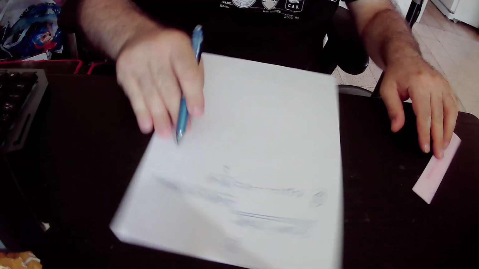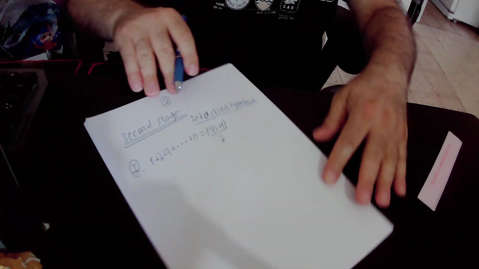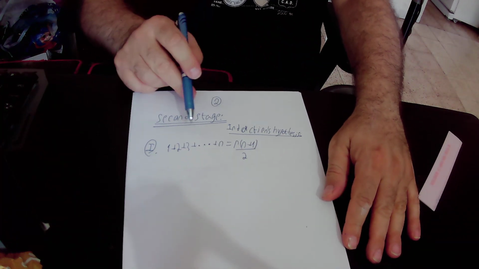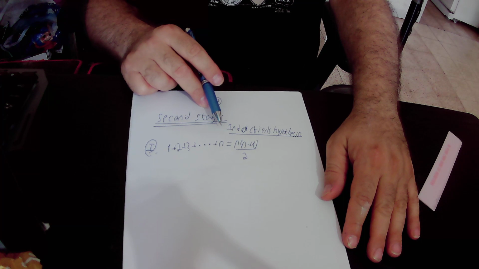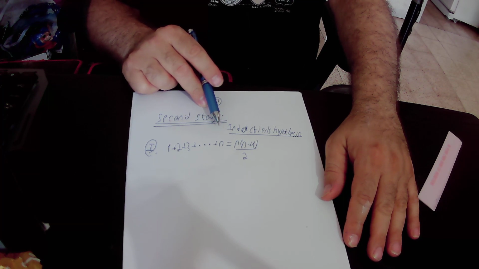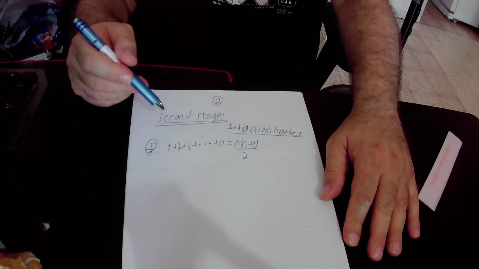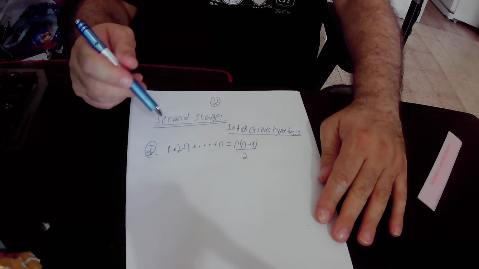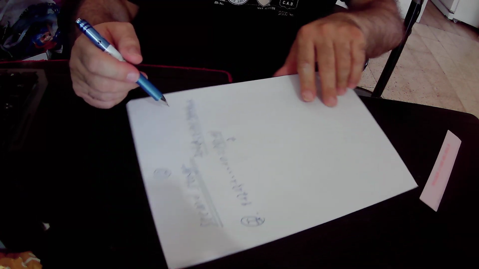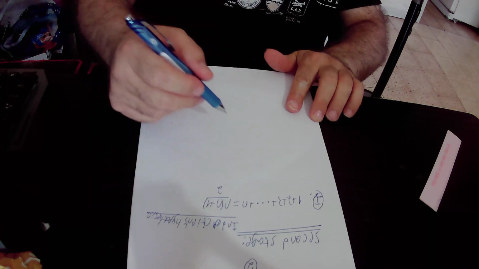So this is the induction hypothesis. We assume that the statement is true for n. So we assume that this equation is true, and relying on our assumption, we will prove